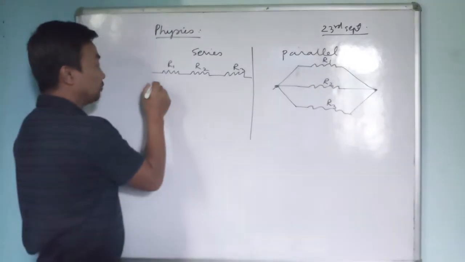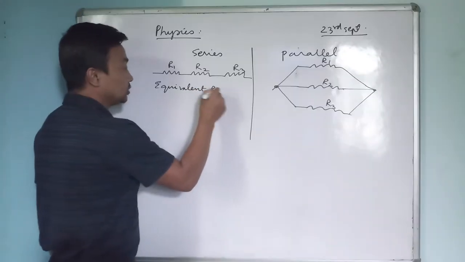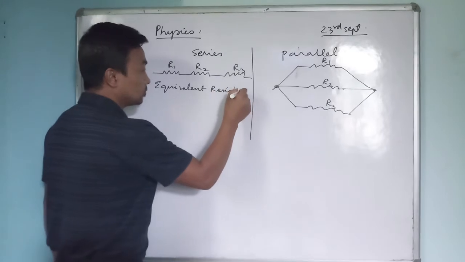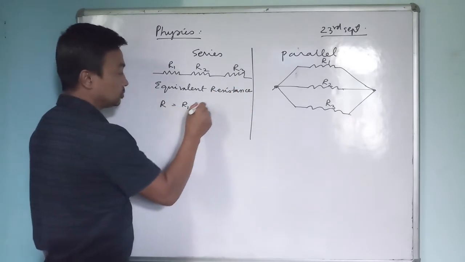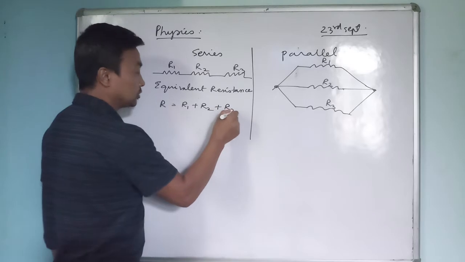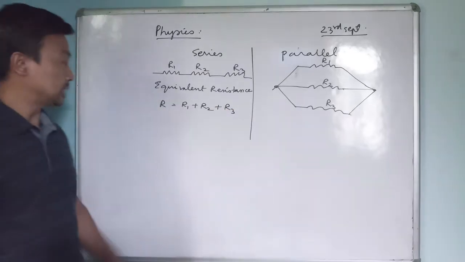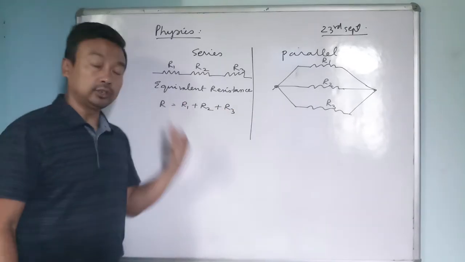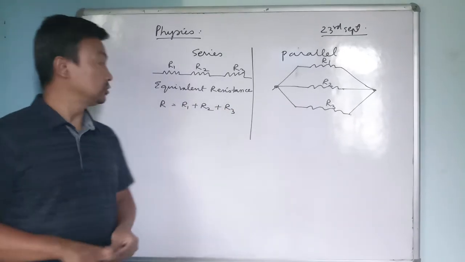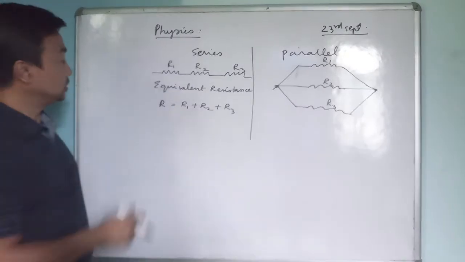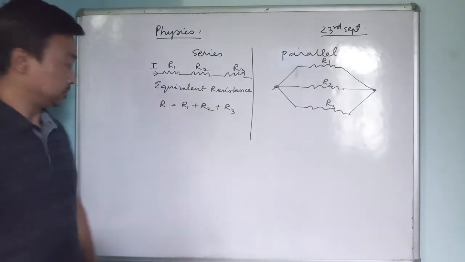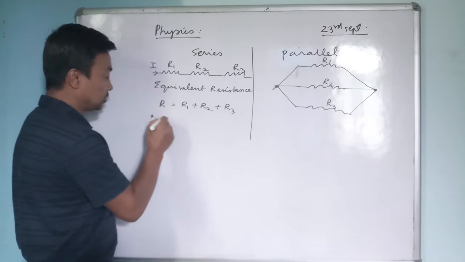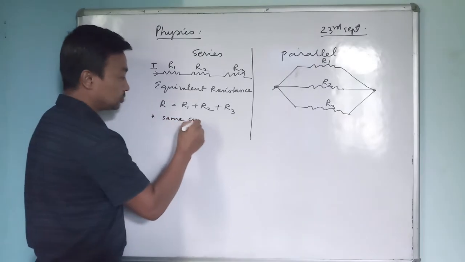In this we have found the equivalent resistance to be the sum of the individual resistors. Just simply sum, and it is observed that the total resistance will be always greater than the individual resistance, and in the series we have found that there will be only one current that will be flowing. Okay, so we have got same current,